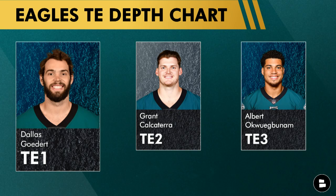Calcaterra, Albert O, they're both really, really good athletes. We'll see if they can finally put it together respectively. I also wouldn't rule out the Eagles drafting a developmental tight end. Player like Jared Wiley out of TCU, a Texas transfer, very athletic, crazy size at 6'6", 6'7", ran well at